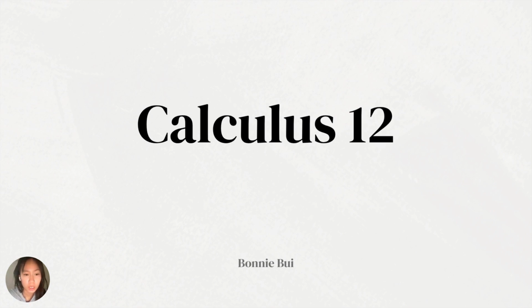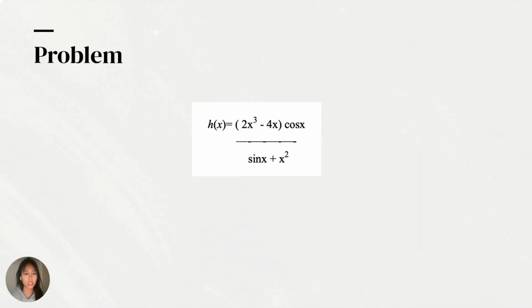This is my AP Calculus 12 final project. The first question I'll be solving is h(x) = (2x^3 - 4x)(cos x) / (sin x + x^2). First, we can notice that the top function is being divided by